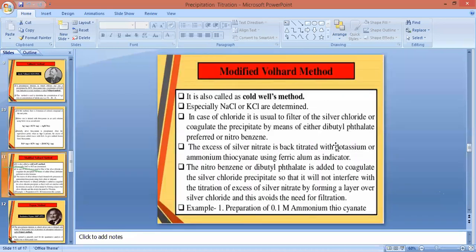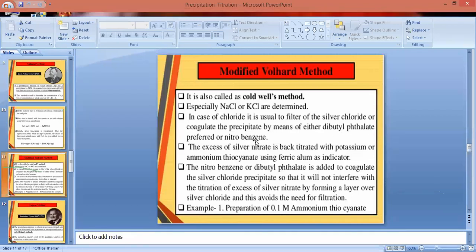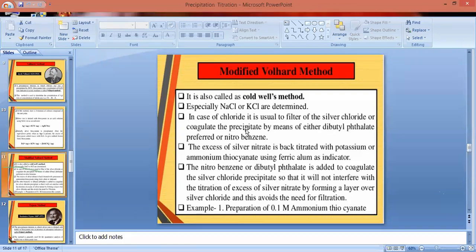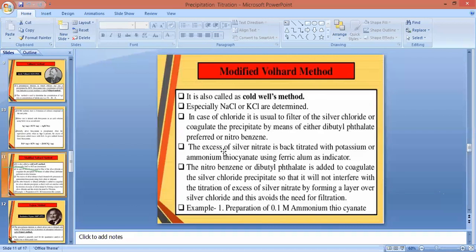In the modified Volhard method, these two reagents, dibutyl phthalate and nitrobenzene, will differentiate the two different precipitates. So what is the use of these two? Dibutyl phthalate and nitrobenzene will either separate the two precipitates by a filtration process or by using the reagent. The reagent will coagulate the first precipitate, that is AgCl, and the excess of